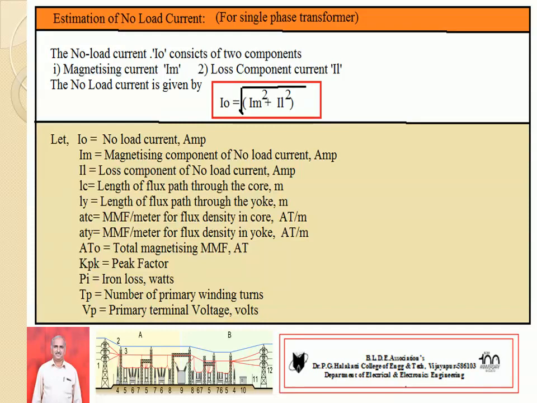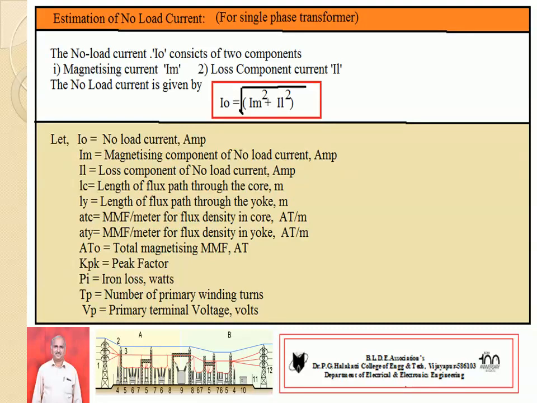It is also one of the important concepts. No load current of a particular transformer or machine should be 10 to 20% of its rated current. It directly impacts the performance of the machine. Hence, it also has its own value on the efficiency or performance of the machine. So first we have to go for the derivation of no load current for a single phase transformer.